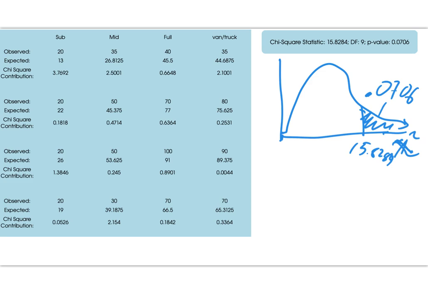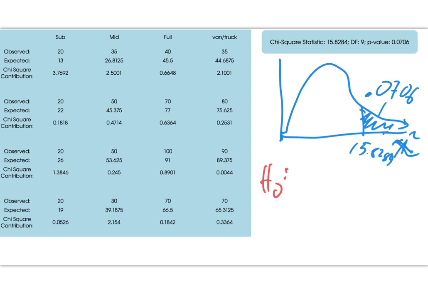There is not enough evidence to reject the claim that family size and vehicle purchase are independent of one another. The differences we see are probably just due to chance. Notice I did not say they are independent. There's just not enough evidence to suggest that they aren't independent, because the hypothesis for a chi-squared is that,